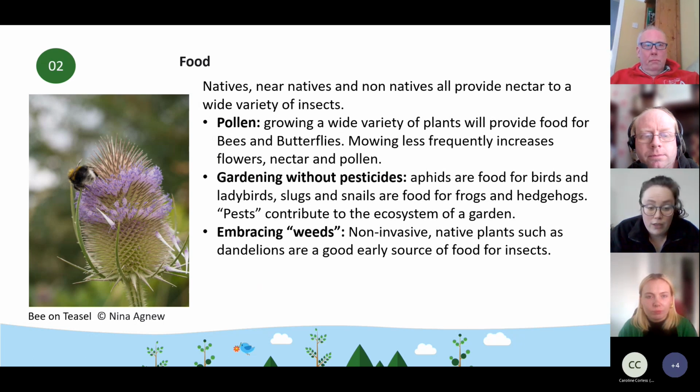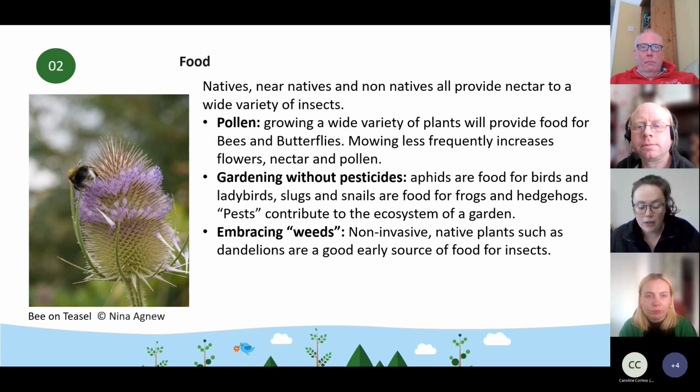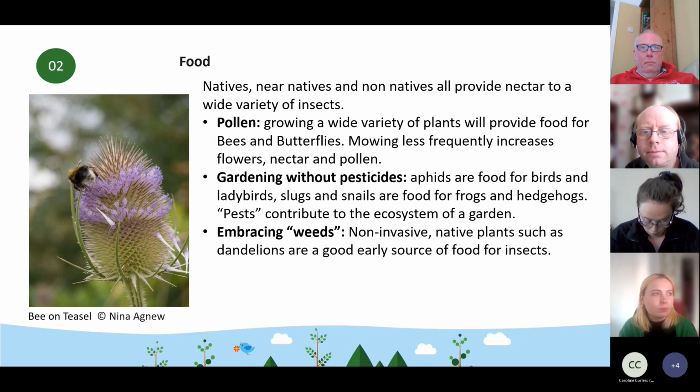And as part of your project for the Green Spaces Fund, we want to know how you're going to do this specifically. So make it as specific as you can. Are you going to improve bulb planting? Are you going to do some tree planting? Are you going to leave sections to grow longer? Are you going to do a wildflower meadow? All these things are a really good step to improve biodiversity. And us as advisors can help you with deciding what's best for your space whilst maintaining it as a usable space for your group.